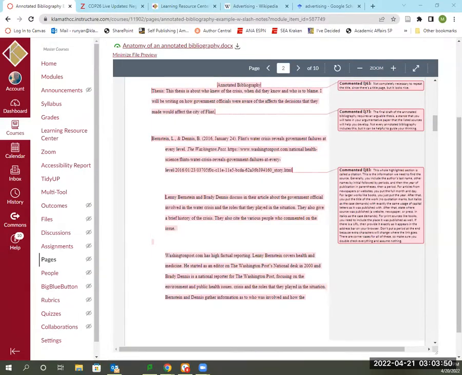I'm going to talk to you about how to do research for an annotated bibliography or a paper. So you may have an assignment in your class that is an annotated bibliography or a paper that requires you to do outside research. So in these cases, what your professor is generally looking for is a source that is